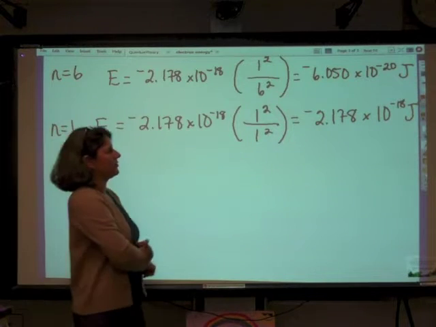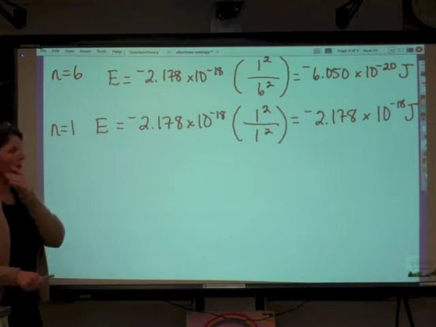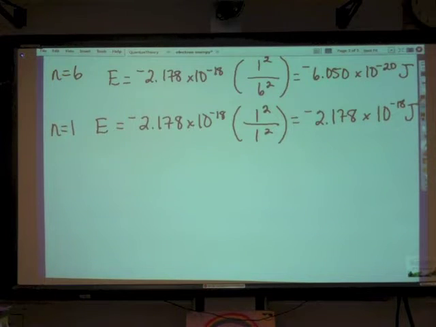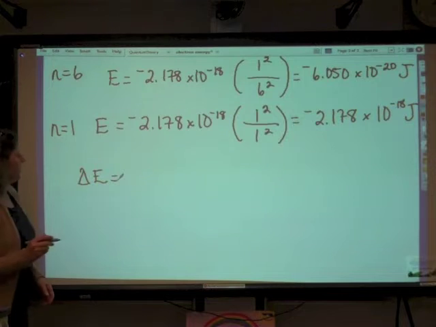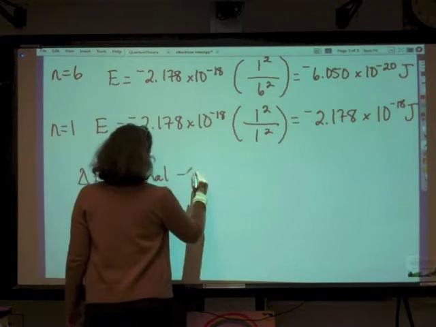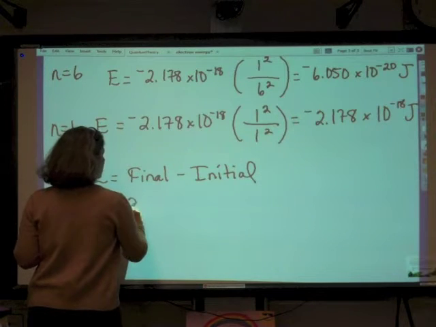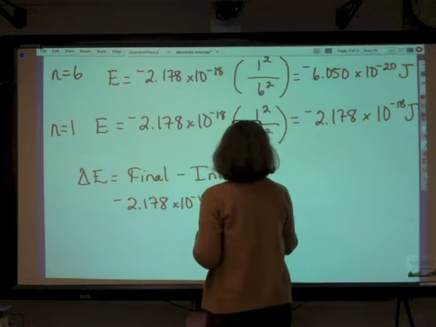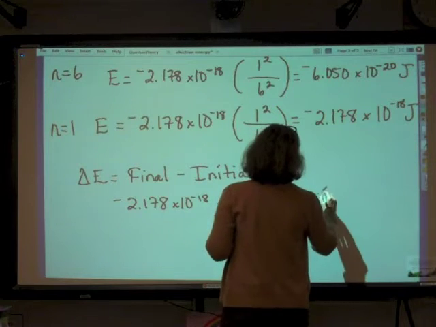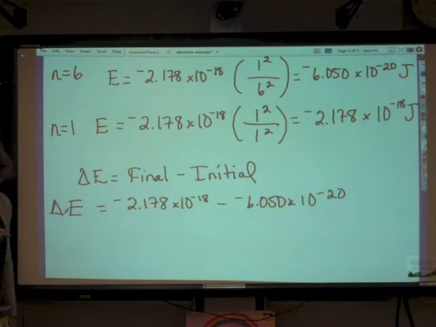Okay, this one has more energy because it's less negative than this one. Now, if we do this, we can say the change in energy is equal to the final minus the initial. The final is going to be negative 2.178 times 10 to the minus 18th minus negative 6.050 times 10 to the minus 20. That's going to be the change in energy, or the energy that is going to be emitted by this electron. So our answer here turns out to be negative